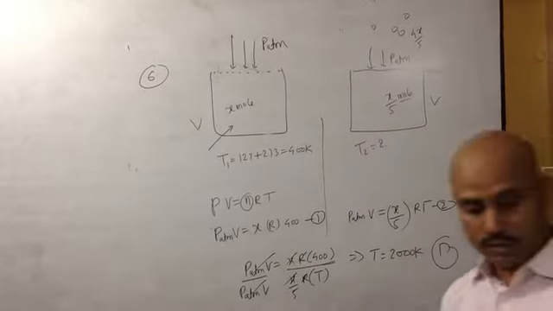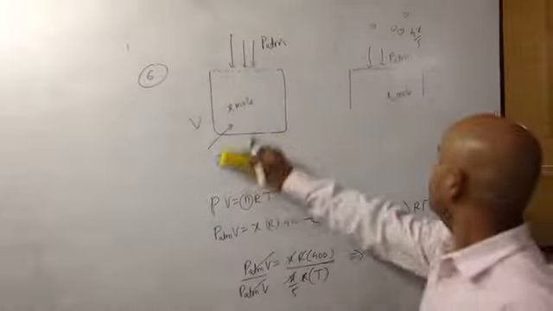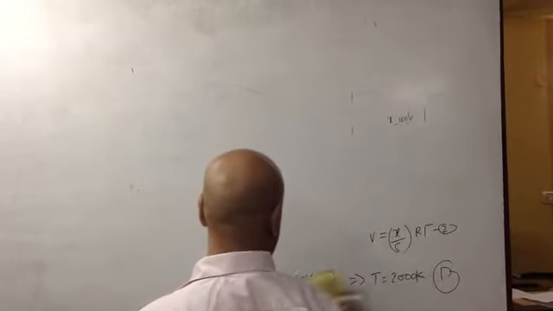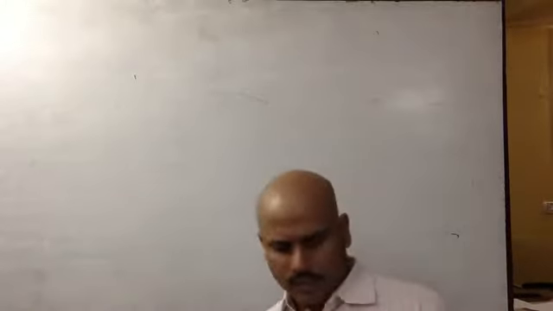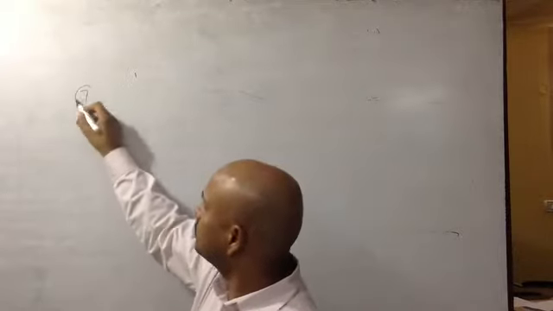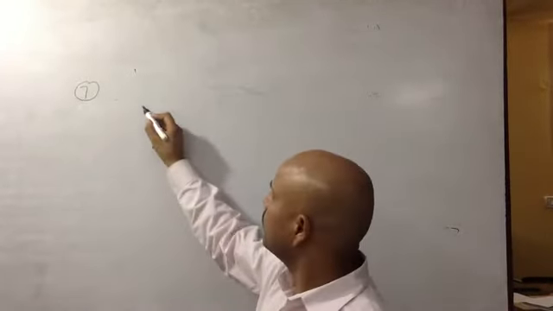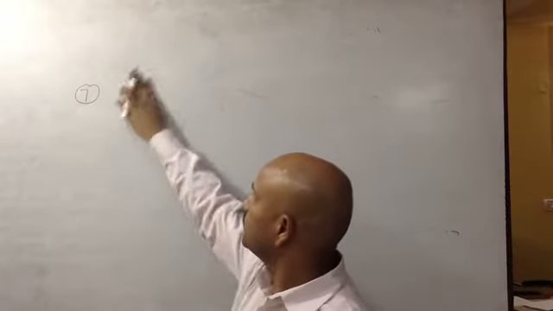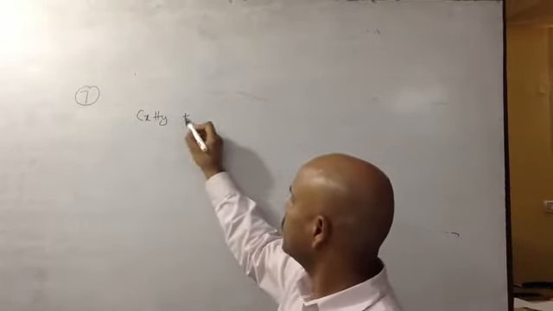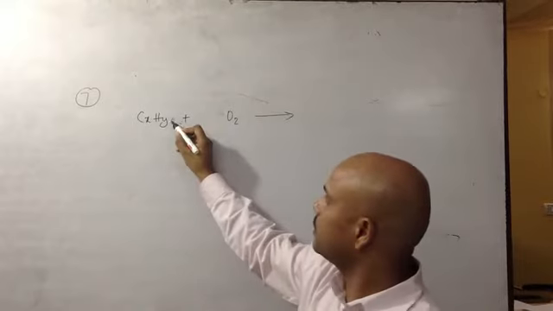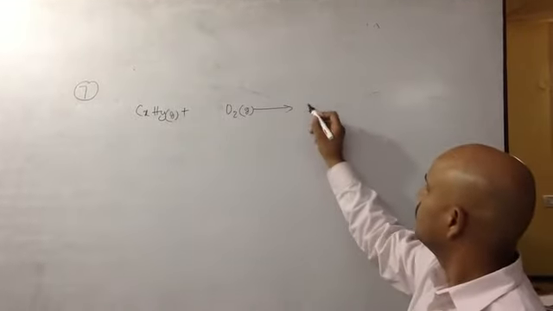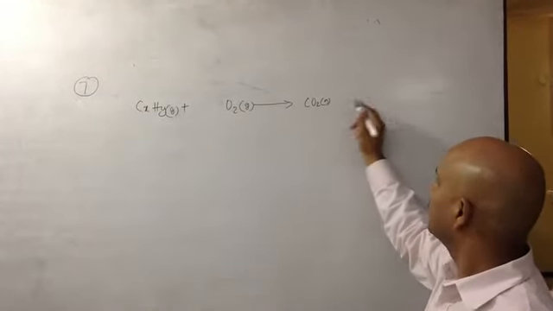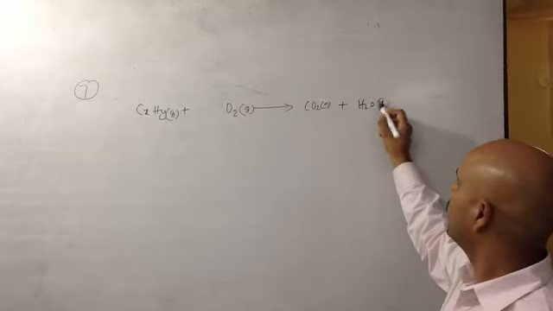Now, question number 7, which is a problem of hygrometry. You can solve this by two methods. One is the principle of atomic conservation and the second is by balancing. We'll solve it just by balancing. Hydrocarbon reacts with oxygen. This is gas. This is also gas. Produces CO2 gas and H2O liquid.